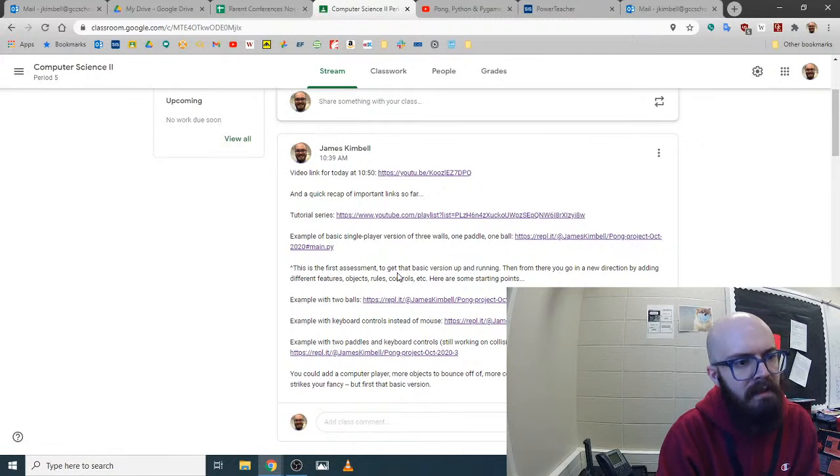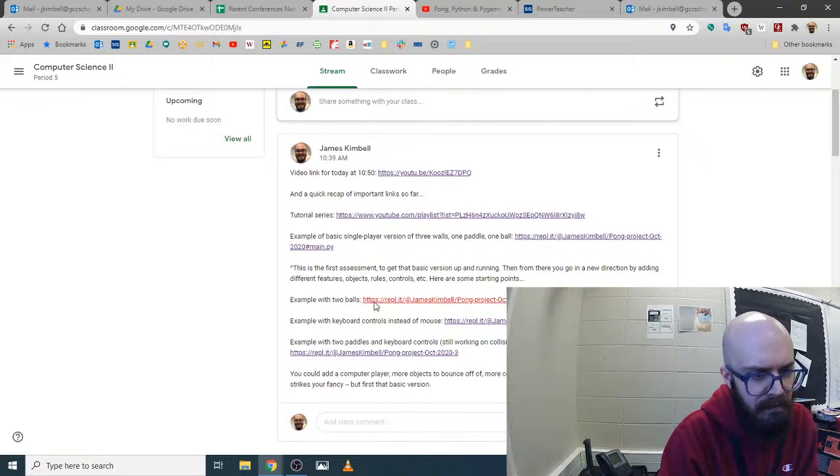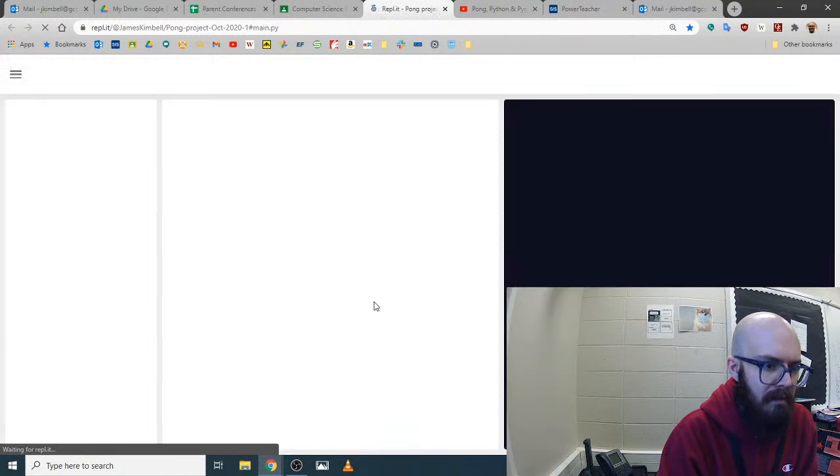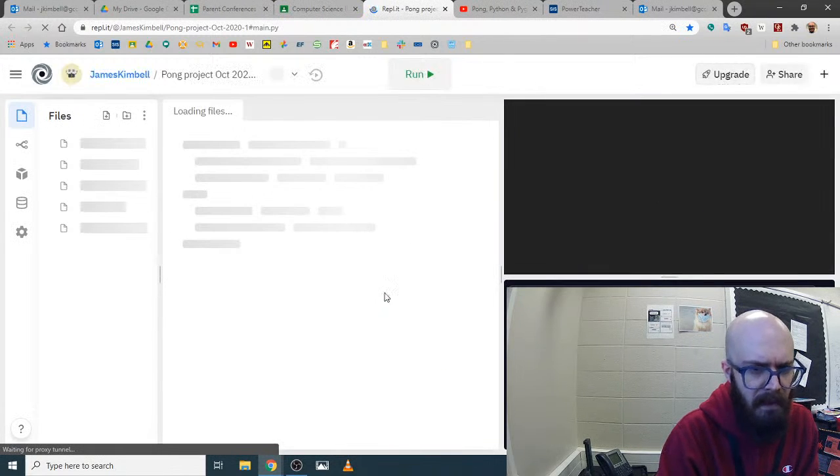Now, once you get that, that's not it, right? That's not our final version. That's not very cool. You want to take that basic setup and branch off into your own direction. You might add more objects. So I made an example with 2 balls bouncing around. Everything else is exactly the same. And